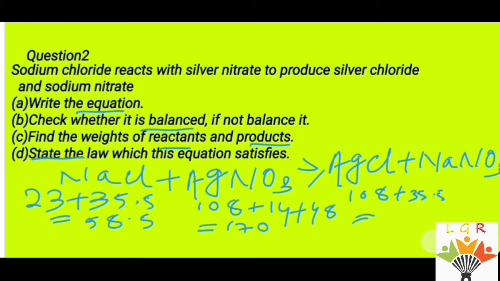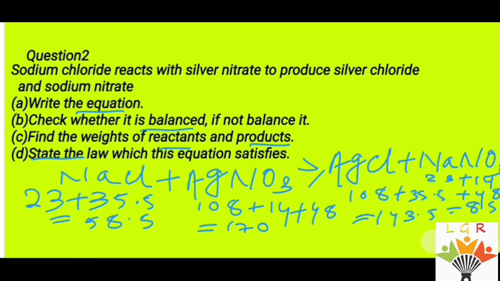You will get 143.5. Sodium nitrate is 23 plus 14 plus 48. So you will get the value is, sorry, 85. So this is 85. So if you add the 58.5 plus 170, the total weight of your LHS,